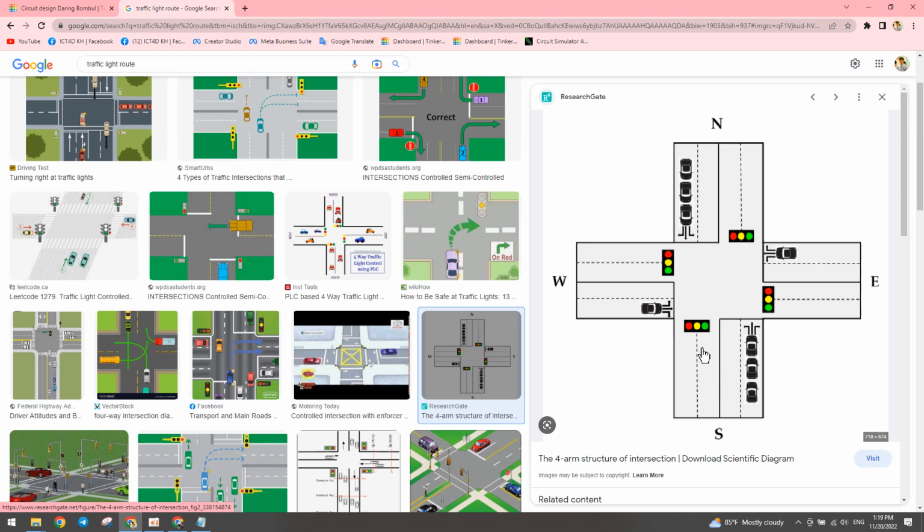Now we can say when this one turns green, the car can access this route and this W to E, E to W is blocked. And when this one blocks the car, it turns red, and this one is red and the car can drive this way. And the yellow is just an alert. We can take 3 seconds